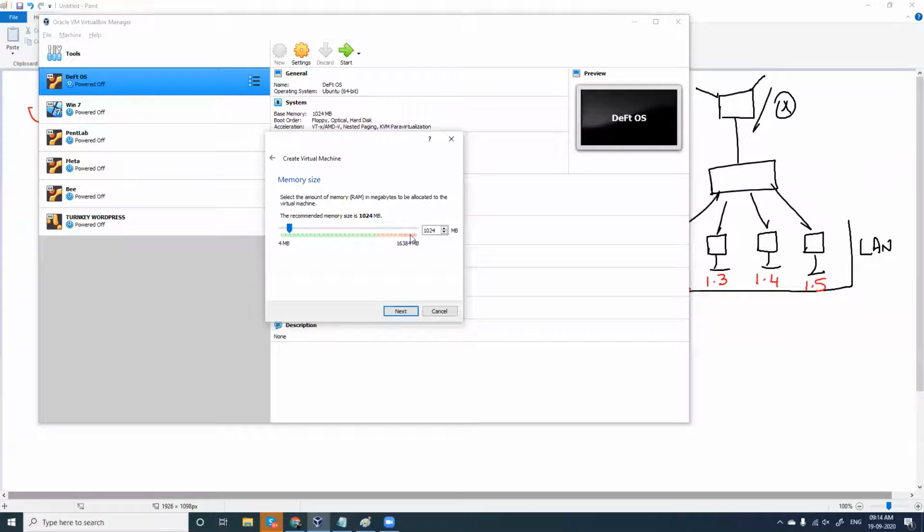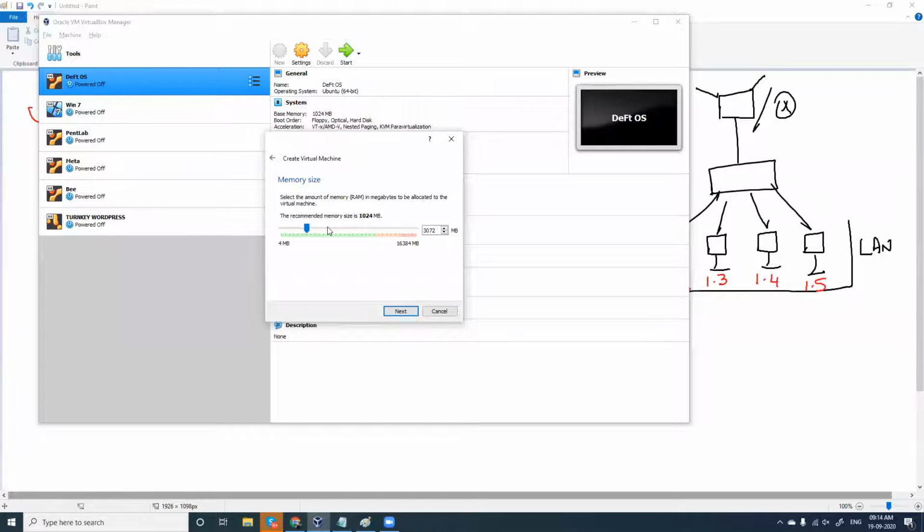Now I have the option to choose my RAM. I told you I have 16 GB of RAM. So I can choose up to the green shades here, which indicate how much you can choose, but I won't go for that much. I'll go for 3 gigs of RAM. The more RAM you assign, the faster your operating system will be.